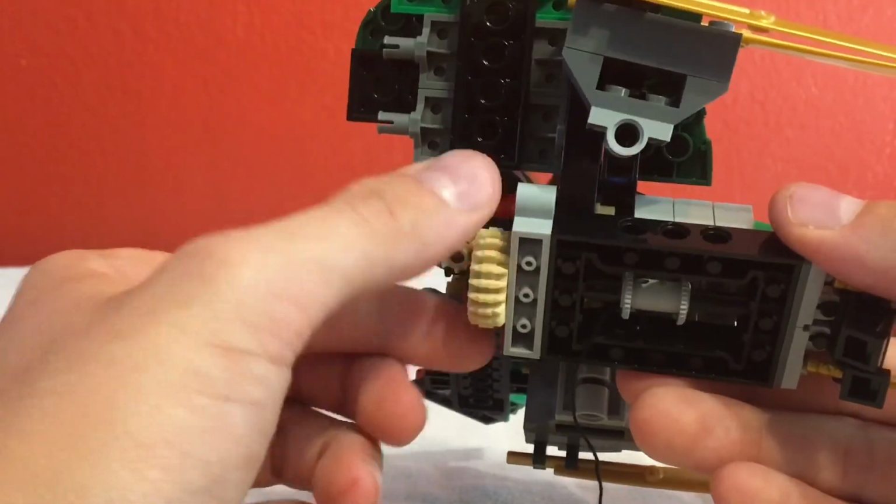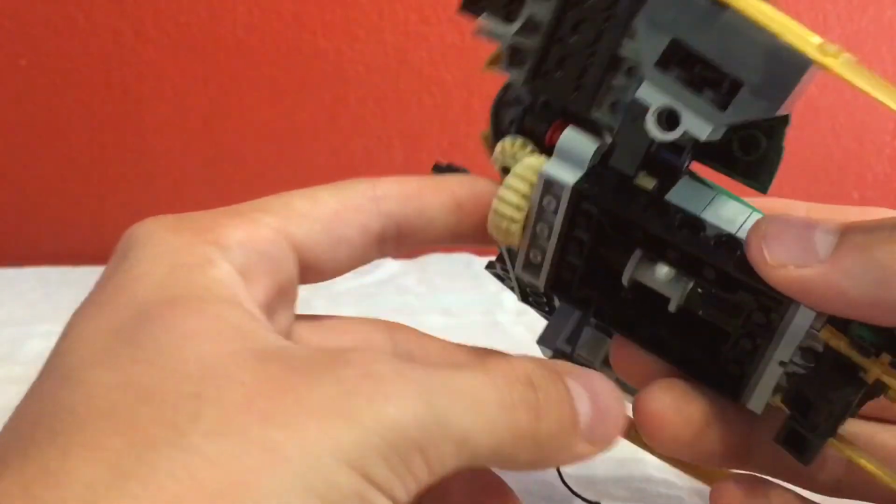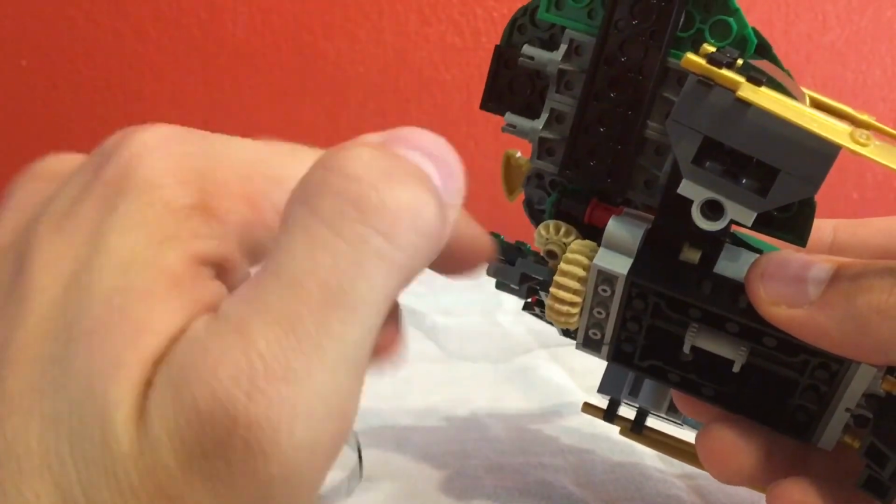Now, most gear things with LEGO, you gotta turn and crank and crank. This is probably the slickest gear mechanism I've ever seen, because